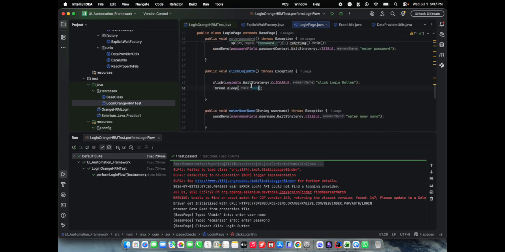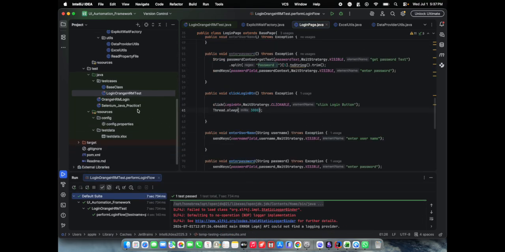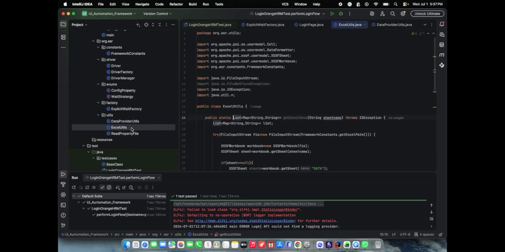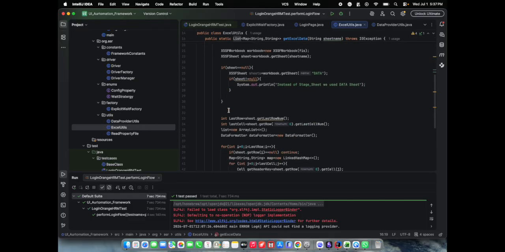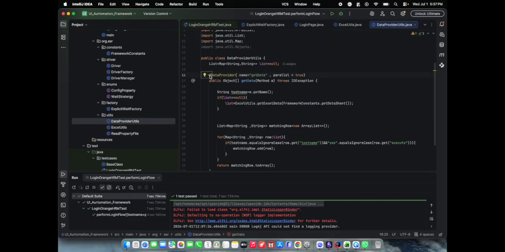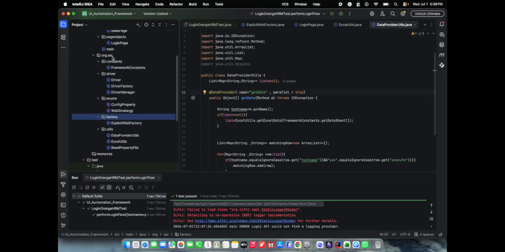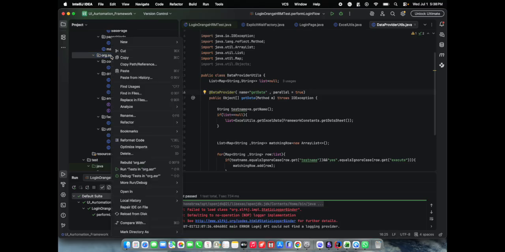So this is about today's lecture. We saw how we are providing the data provider and how we are fetching the data from the Excel and passing it in a username and password. Instead of adding all those things inside the data provider, we have one more method where we can add the annotation on each and every class, so that we can write by using annotation